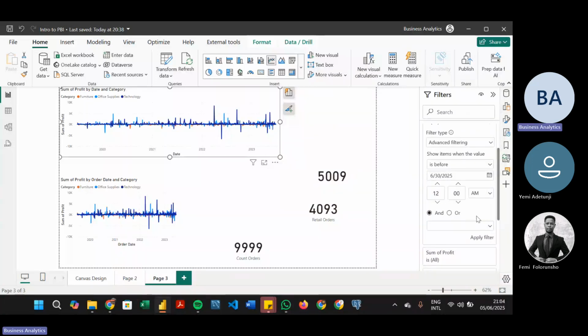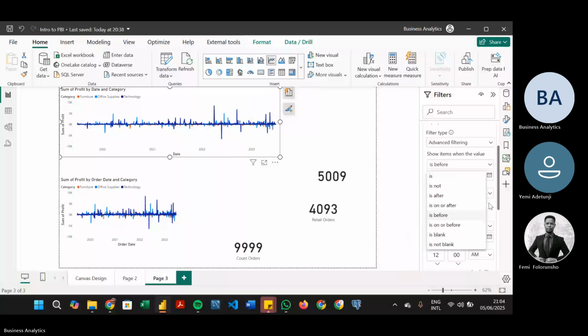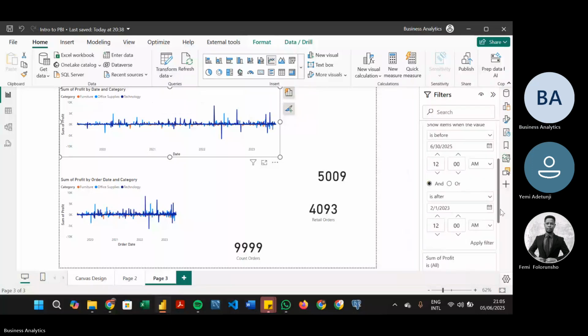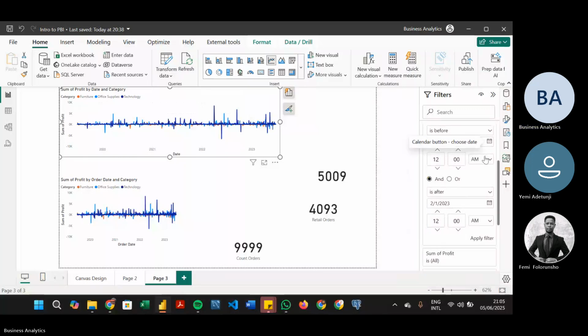Let's say it's before today, and it's after 2023. After 2023 February 1st. So it's before today and it's after